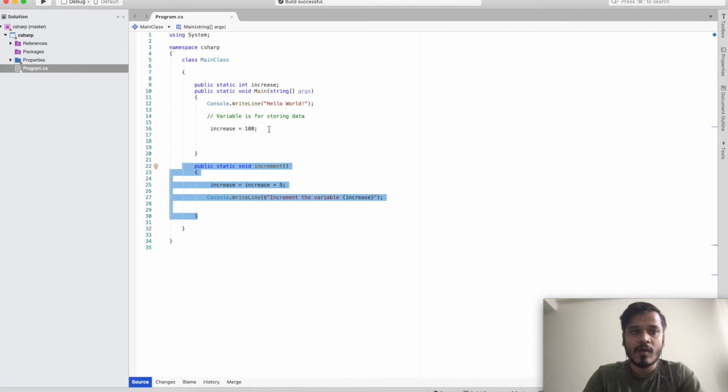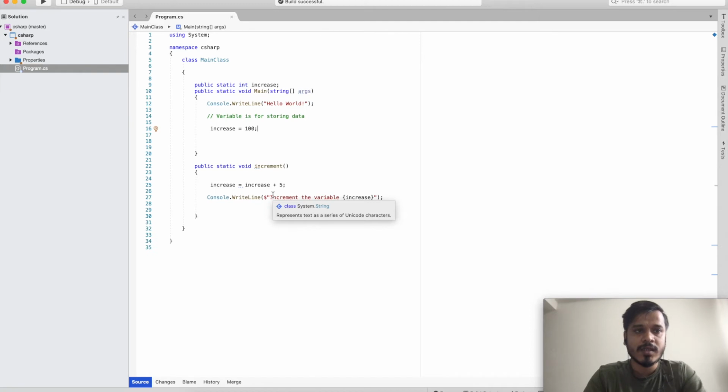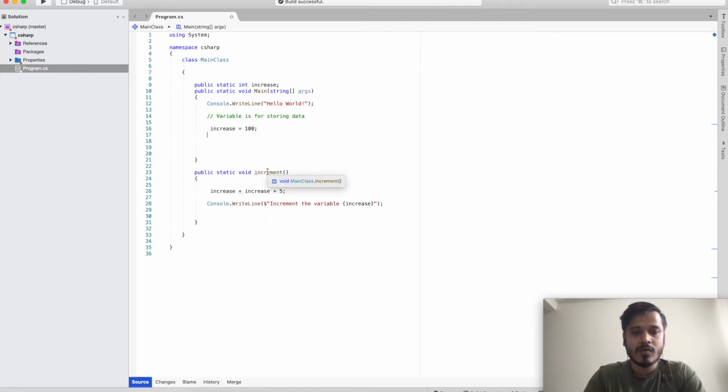So for that, we will create the instance of this method here. And for creating the instance, I will just use this method increment, and I will call it here.